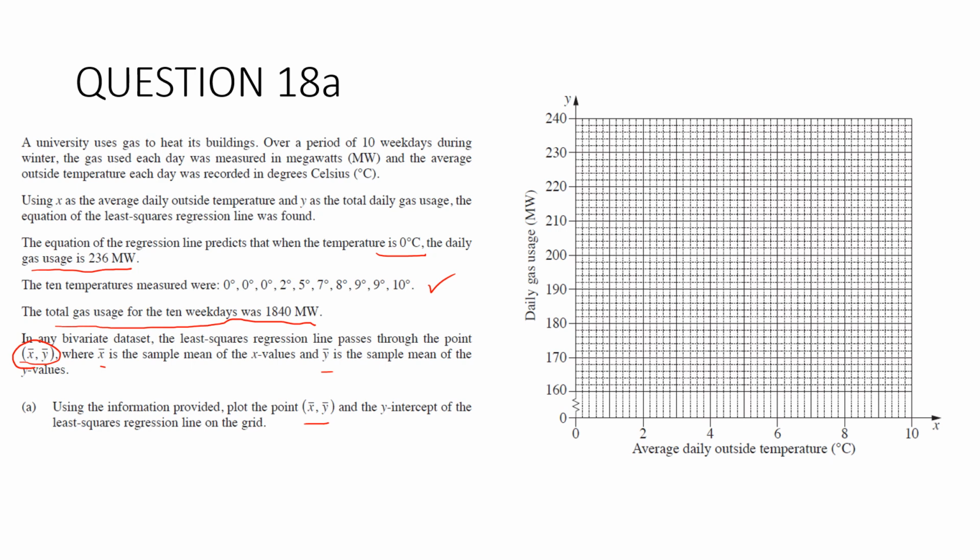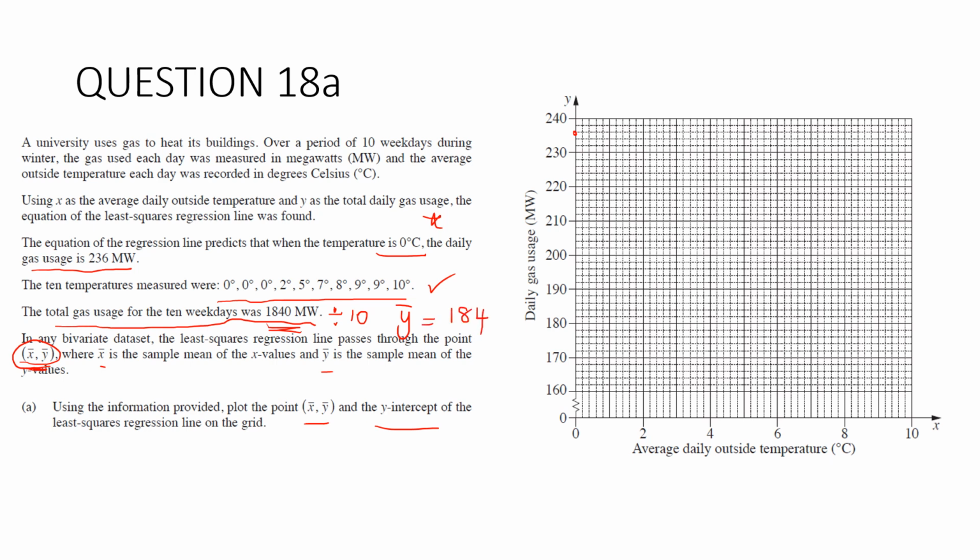So we're told the y-intercept, it's here. So when x is 0, the daily gas usage is 236. Where's that? 236, it's there. And we want to plot these sample means. So we need to work out the mean there. We're told the total here, so we're just going to divide that one by 10. So y bar will be